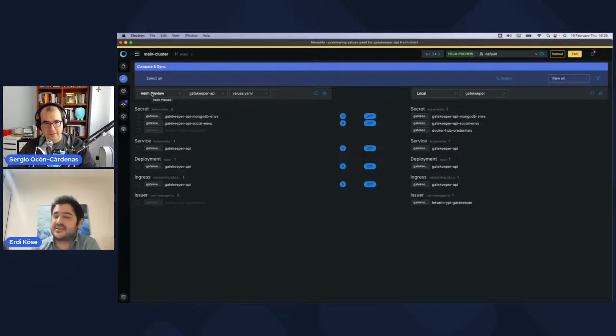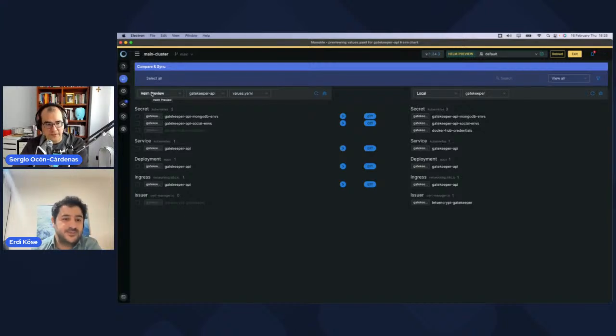So you can compare any version that you have stored. One of the things I'm trying to go into a little more: you have the Helm chart. The Helm chart is basically Helm metadata, a set of templates, and a values file that sets the values used by the templates. What we are comparing here is the result of the Helm chart with the values file,